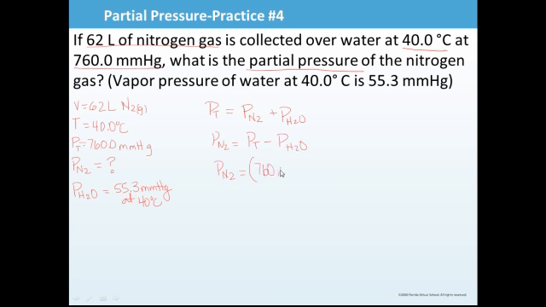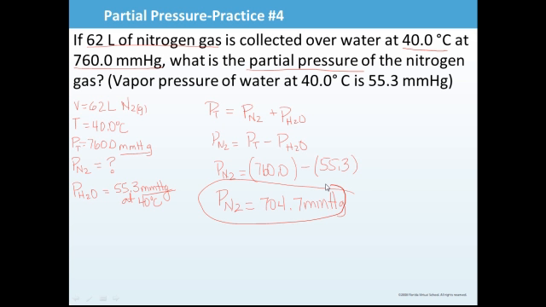My total pressure was 760, and my pressure of water was 55.3. Be very careful with your units. They must be the same unit. They're both millimeters mercury, so I can go ahead and plug in my handy dandy calculator, and I get, now